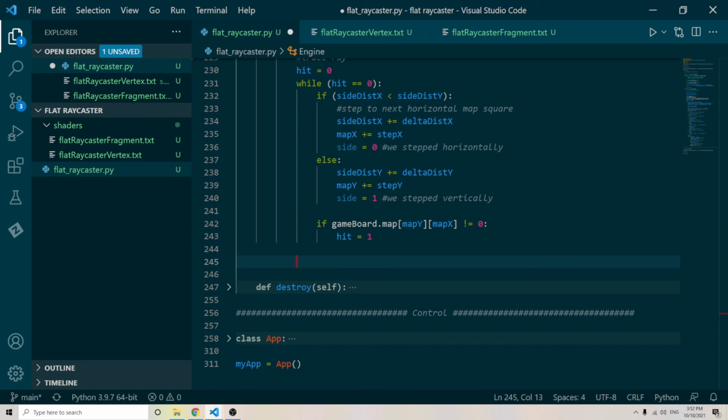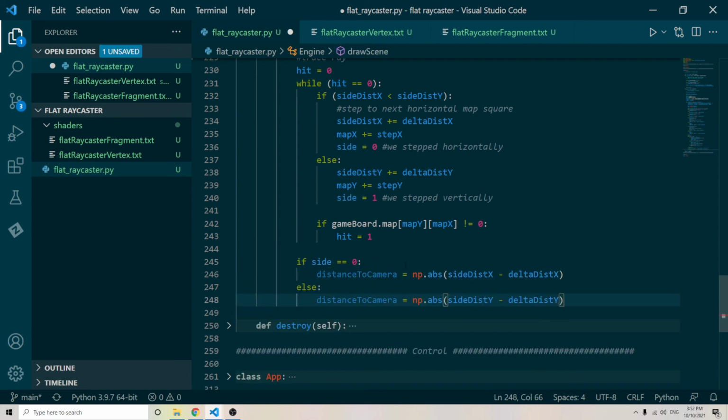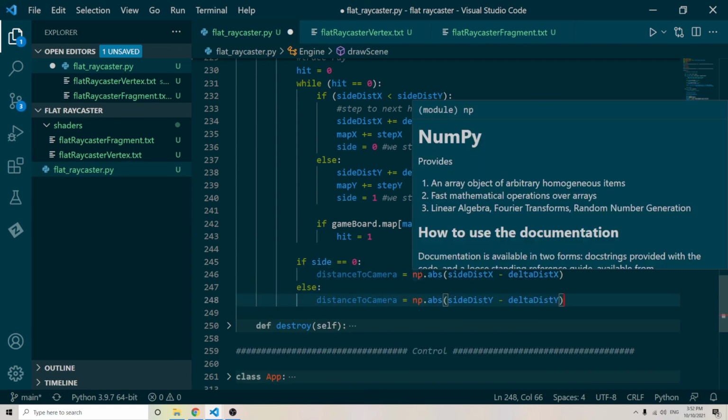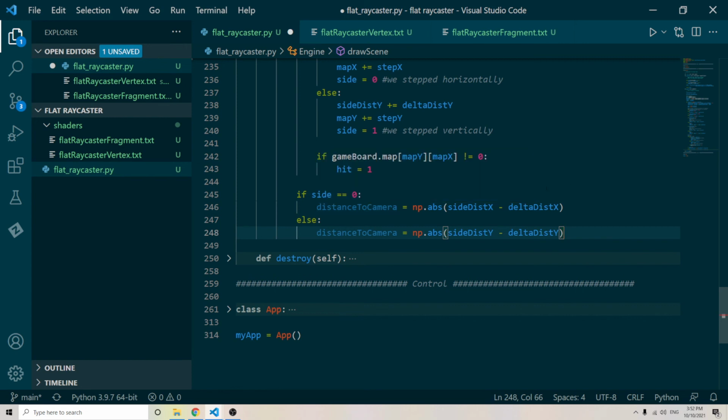So then what we need to do is note that we are tracking which sort of wall we've currently hit. So when this exits out of the loop because it's hit something, we will have a reference to the type of object that we hit, so we can test that. Now we need to use that to get the distance to the camera. Now what we could do is we could get the distance directly to the player, however, that produces some kind of fisheye effects. So what we'll do is we'll get the perpendicular distance,